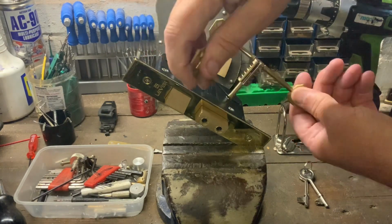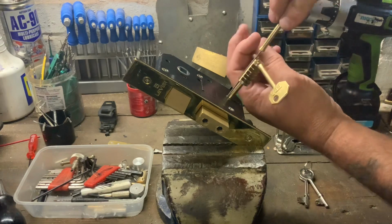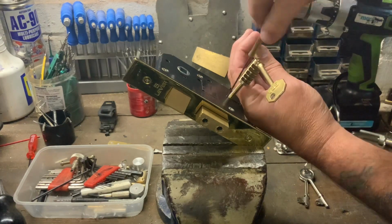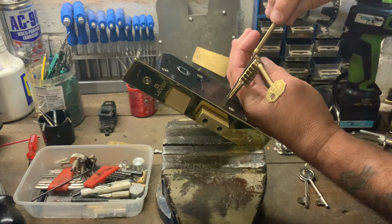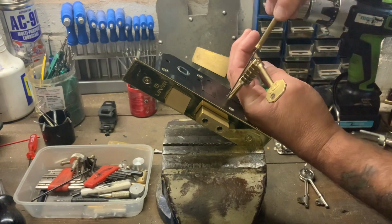So I've used this a couple of times now and it's not too bad. It's not the best, to be honest. It's okay, but it's just a bit of a novelty pick really, and tension tool, and it's just a bit of fun. But we're going to see if we can get into this unbranded lock, which I have picked, but it's